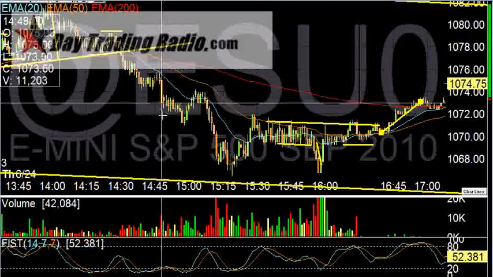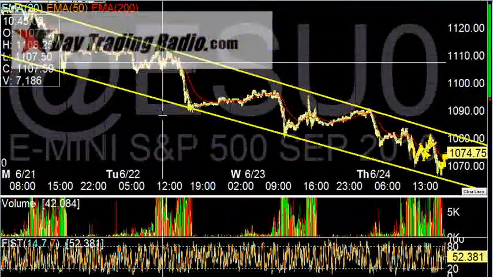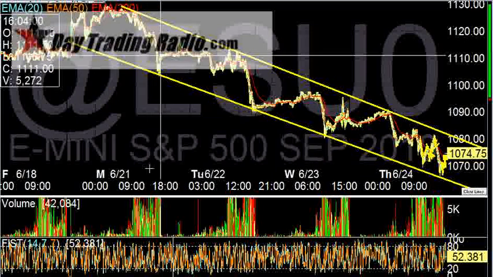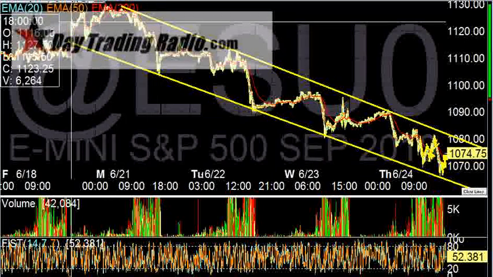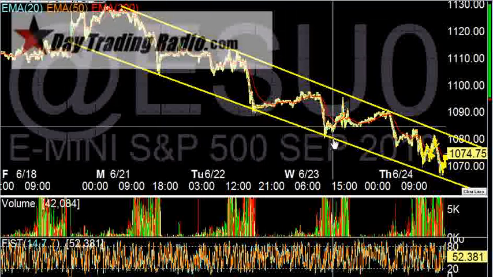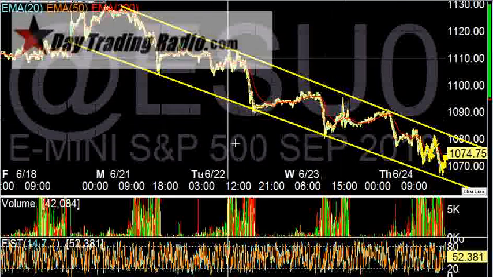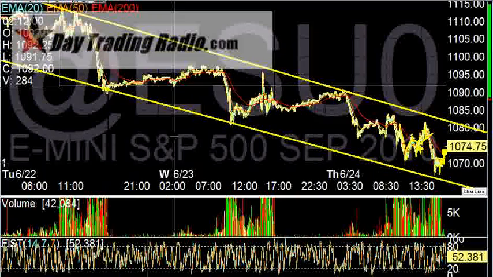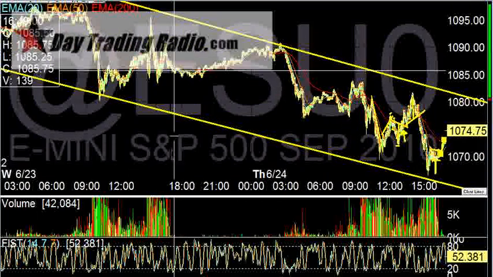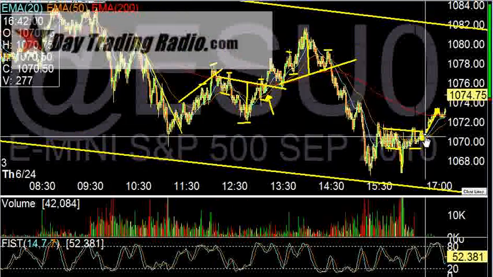But what I want to do is zoom all the way out, and now you can really see the established channel line that goes out. And this starts Sunday night when futures open up, 6 o'clock at night. The trend line goes back to that level, comes down, hits it, and it's a very great channel that we are in right now. Now, combined with the Oracle news tonight, or last night if you're hearing this tomorrow, which would be today,